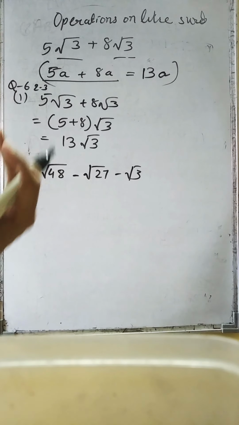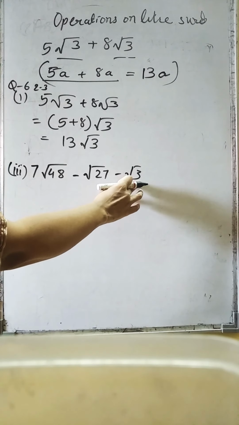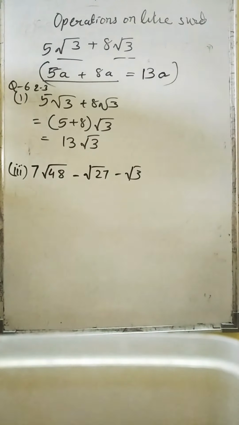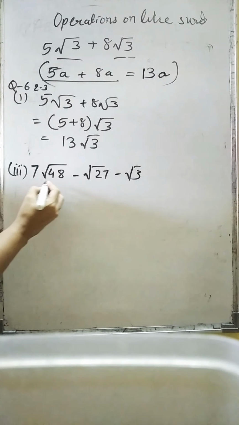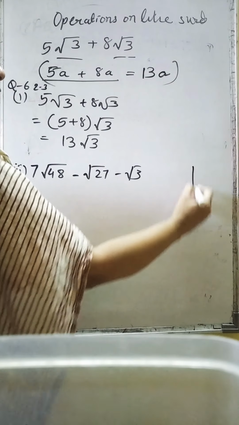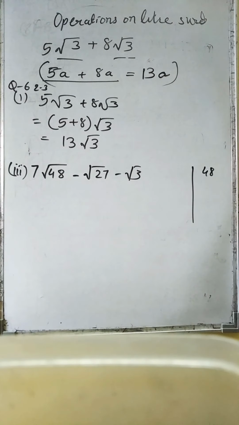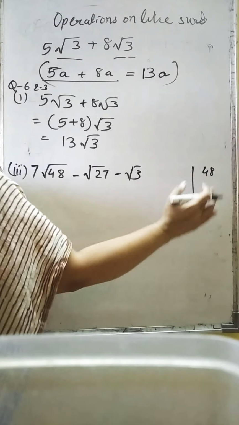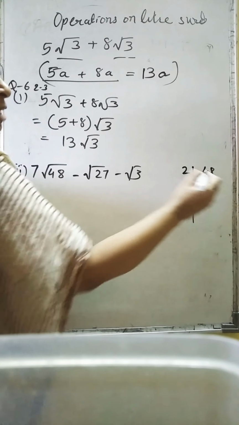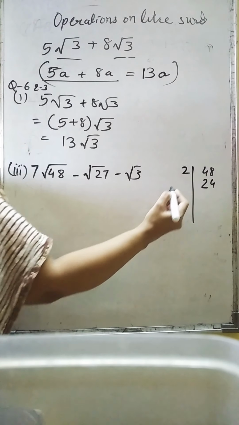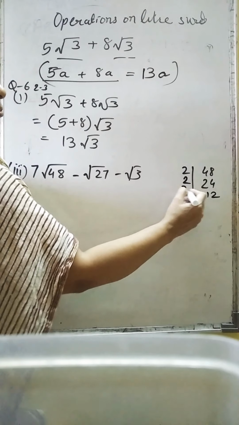Now children, at first glance, you'll see here root 3, here root 27, here root 48. Nothing seems to be similar. It doesn't look like like surds, but it is not in the reduced form. So we will take out the factors of 48. Now children, this is the rough work. What I am doing, you need not show. It is not a part of your sum. This is done in rough. Sometimes by practice we can directly write down orally also. Okay. But for a beginner, I am writing it to show.